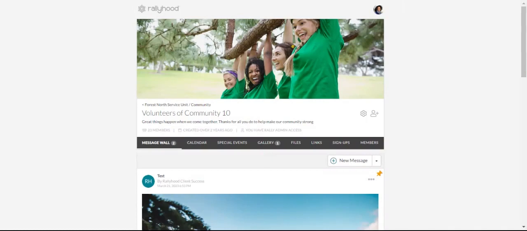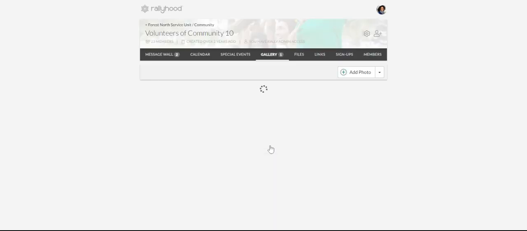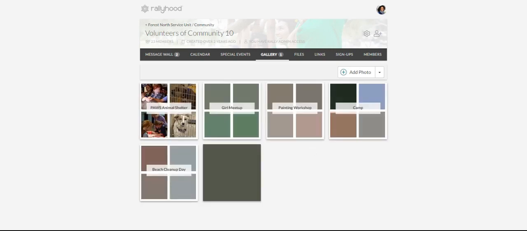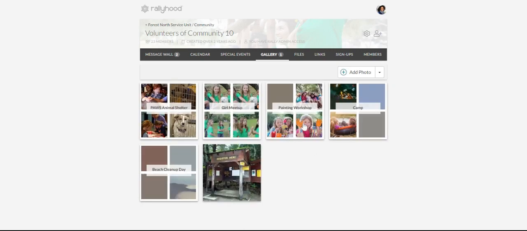Today I'm going to be demonstrating your gallery on your navigation bar inside of an individual rally. This is your navigation bar. I'm going to click on Gallery today. Here you can click to add a photo,